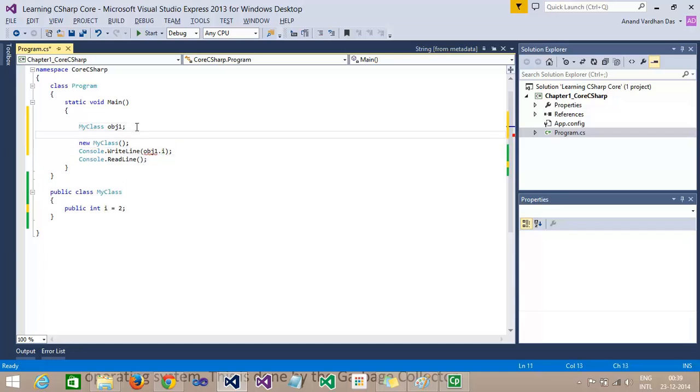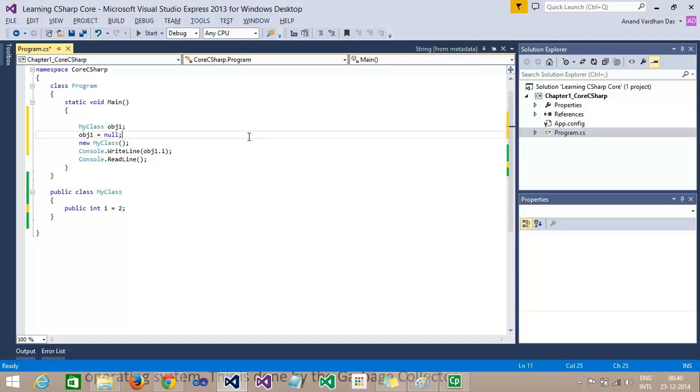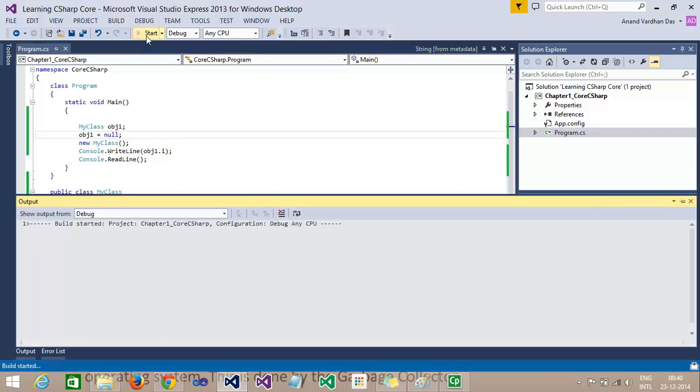Now in the next statement, if I go ahead and assign it null, I'm explicitly saying that this reference variable is not going to reference any object created on the heap memory. This reference variable is not going to store any reference or address of the objects created on the heap memory. So now the compile time error is gone, but when we go ahead and run this program,